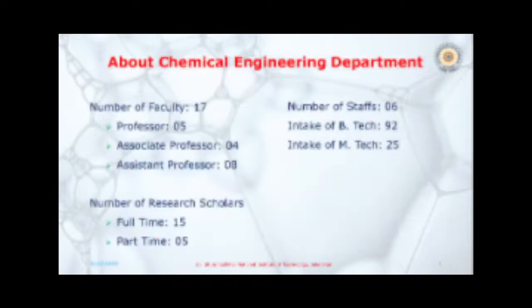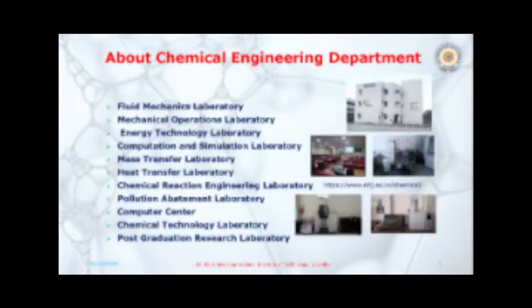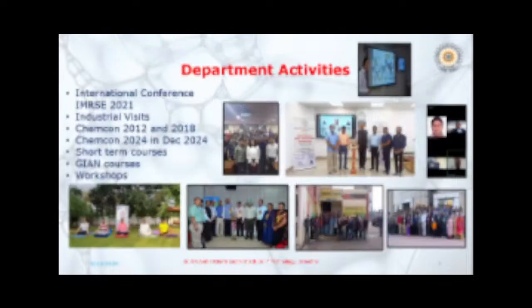You can see here. In chemical engineering, we have 17 faculty, and out of that, we have 5 professors, 4 associate professors, 8 assistant professors, a number of research scholars, and a number of staff. We have all cutting edge chemical engineering laboratories, and all important equipment. We are a very active department, and not only with the academics,